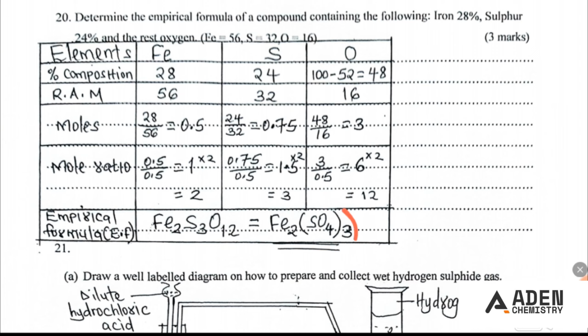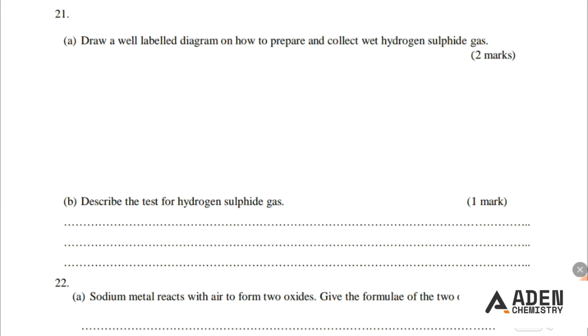This is iron 3 sulfate. Iron 3 sulfate. So let's proceed to question number 21. In question number 21, part A, we are told to draw a well-labeled diagram on how to prepare and collect wet